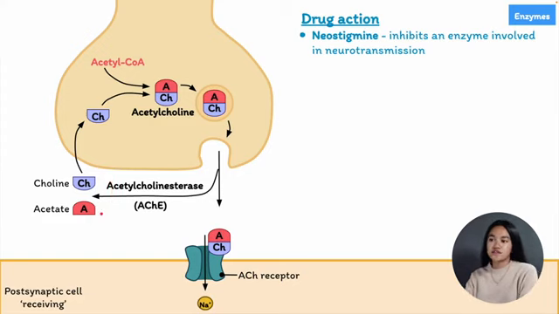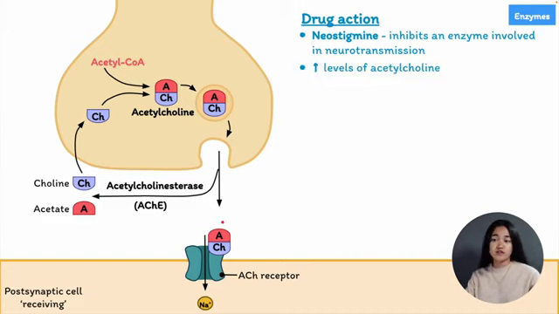There are several different drugs that can target and inhibit this acetylcholinesterase, okay? One example of a drug that inhibits acetylcholinesterase in a competitive or reversible manner is neostigmine. Neostigmine binds to and inhibits acetylcholinesterase. So what happens when we inhibit the activity of this enzyme? Well, now we can't break down acetylcholine, and so we're going to end up with increased levels of acetylcholine at